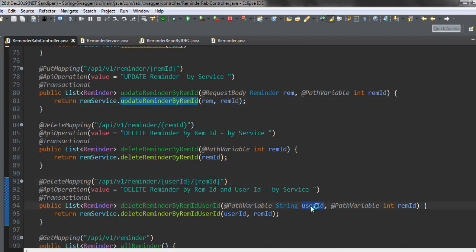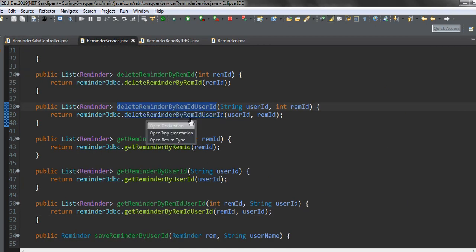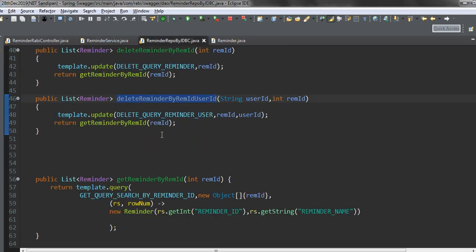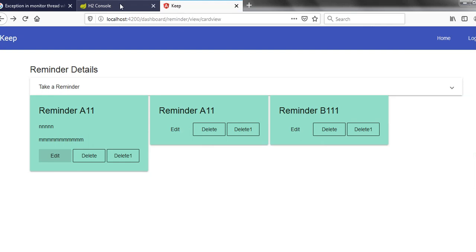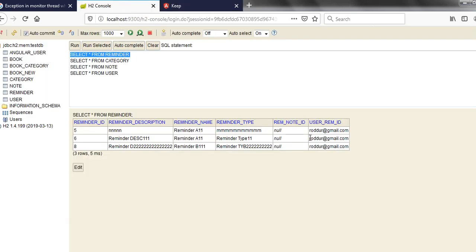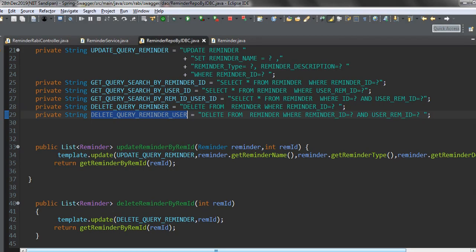So the user is passing the user ID and reminder ID, and when it's going to the JDBC template, update query with reminder ID, user ID. Okay, so delete from reminder where reminder ID and user remit ID. There is a foreign key present in the reminder, so user remit ID. Okay, and now check